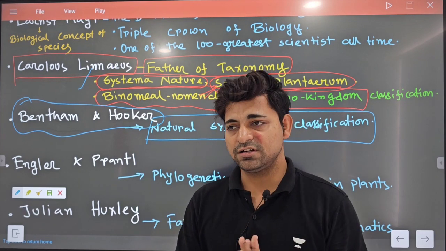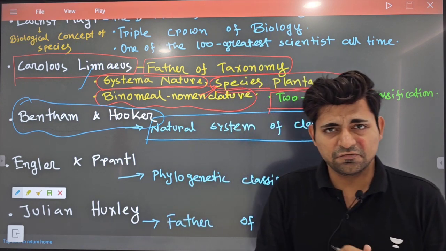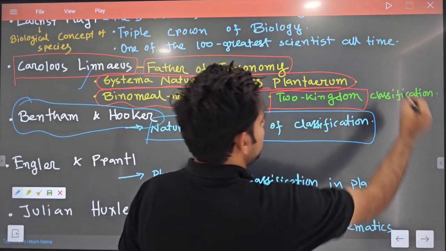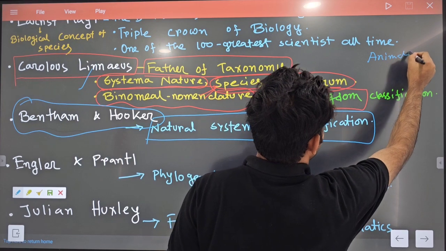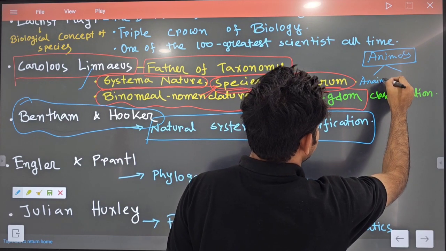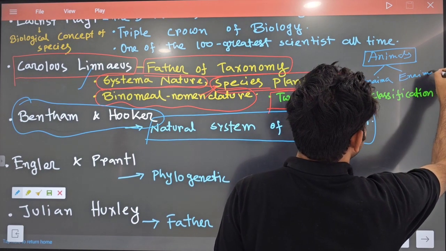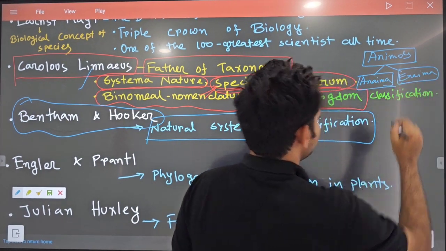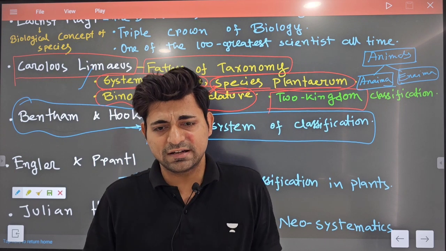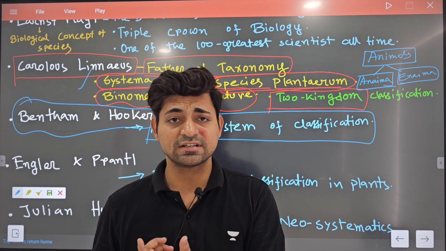Okay, what is natural, what is artificial? When a scientist classifies the living world on the basis of very few characteristics. For example, Aristotle classified animals based upon the color of their blood into Anaima and Enaima, right? Anaima means animals with colorless blood, and Enaima animals with red colored blood. So only based upon a single criterion or any one morphological criterion, you cannot divide living organisms into distinctive systems, right?